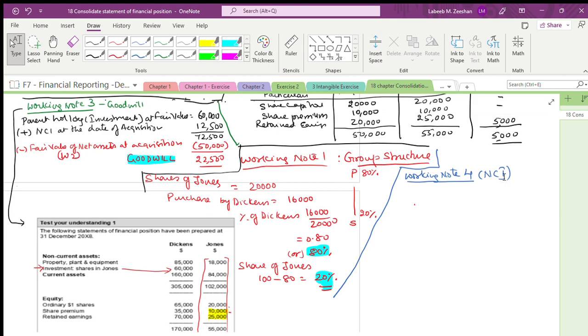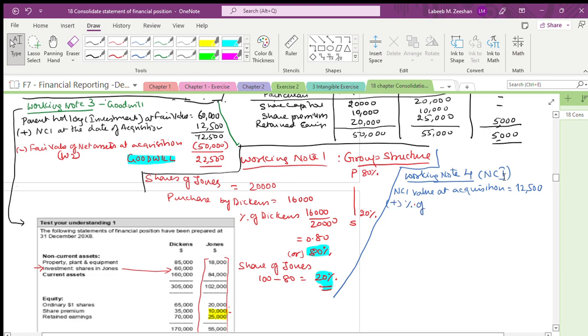Now what is the NCI value at acquisition? They are given in the notes. How much is the NCI value in the acquisition? It is 12,500. Add,